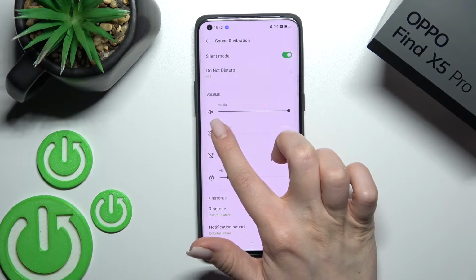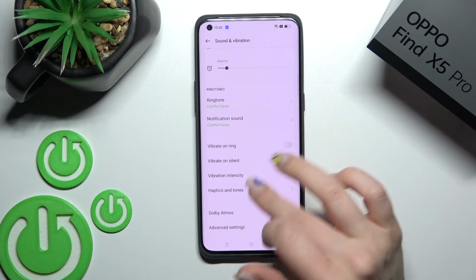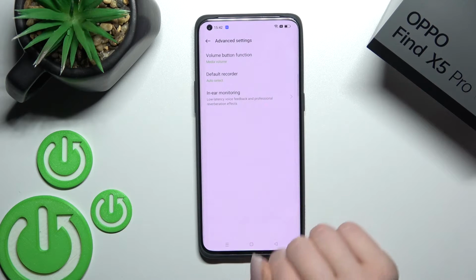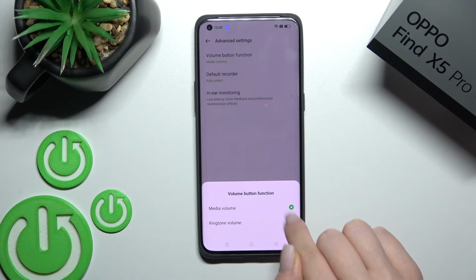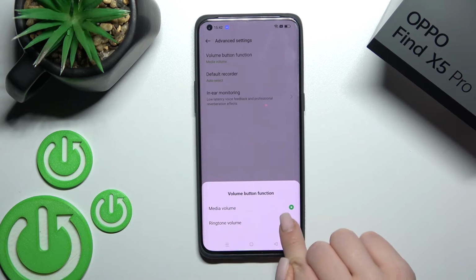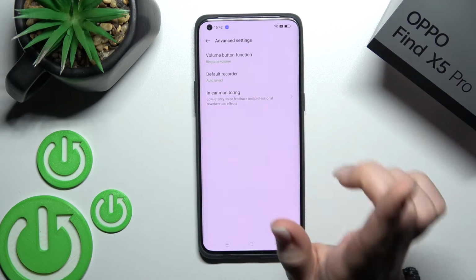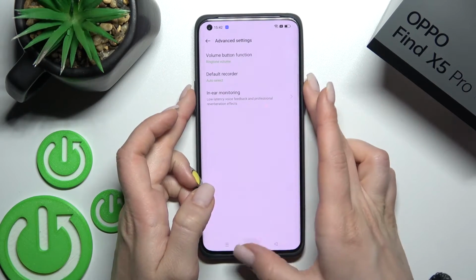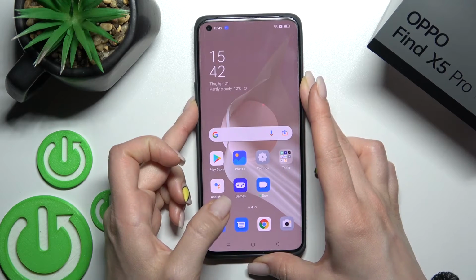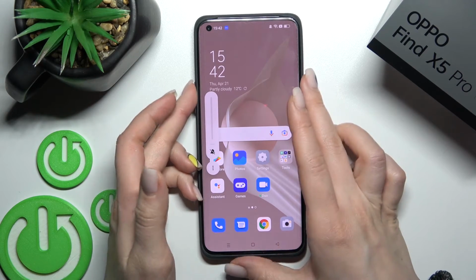And also you can do it by the second way. Just first be sure that here in the advanced settings we got the volume button function that you have here turned on the ringtone volume, not the media one, so switch it if you want. Having now selected the ringtone, now just by pressing your down volume button you can also mute your device